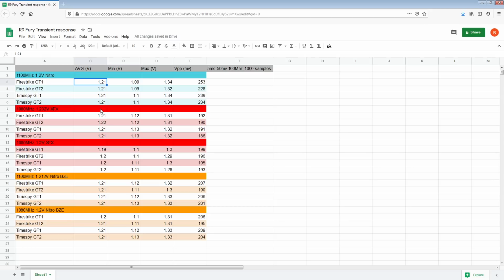Then I also noticed some weird problems with the way I had the oscilloscope connected when I was testing the modified Nitro. What I ran into was that I think the probe slipped out a little bit out of the connector that I have for it, and was suddenly getting the same peak to peak values as the stock Nitro. So there's maybe a chance that this wasn't properly hooked up to the oscilloscope, and that is possibly a source of error. But now I don't have another stock Nitro to validate that, so that's kind of, well, too late. I can't check if that is the case, because I didn't realize that would be an issue until I was testing the BZE, and while testing I nudged